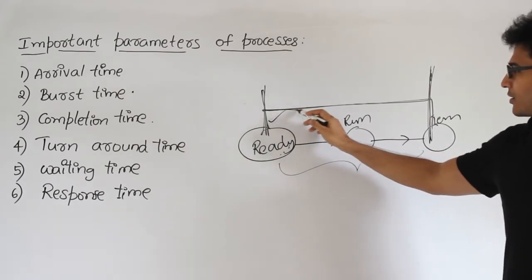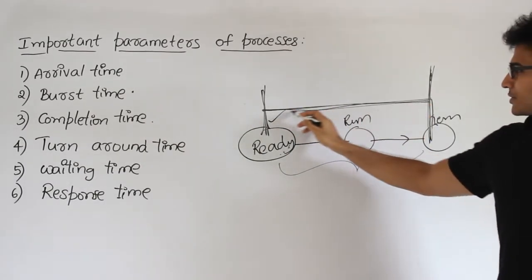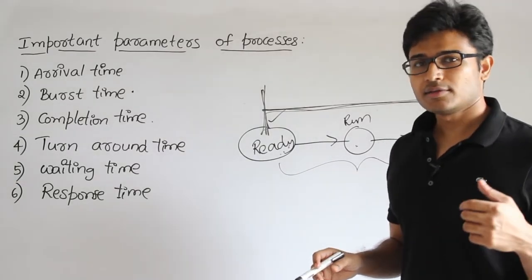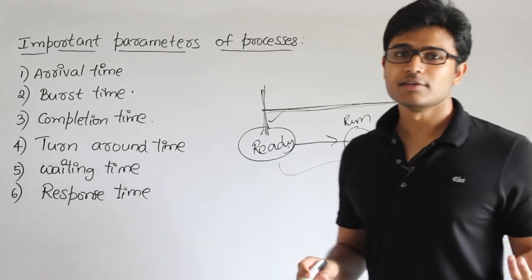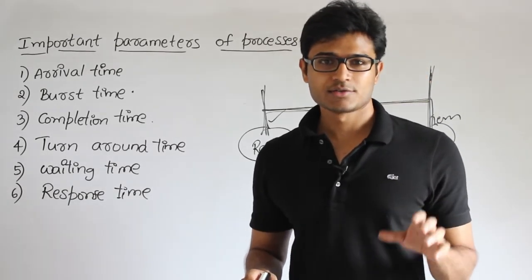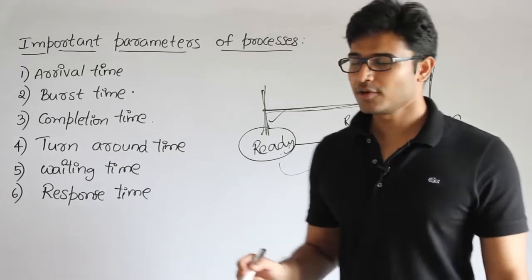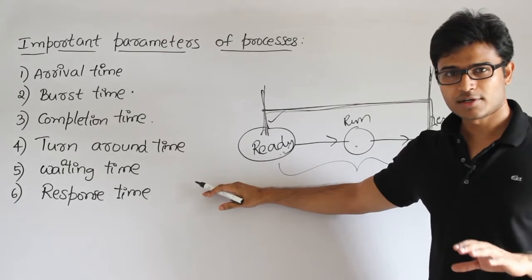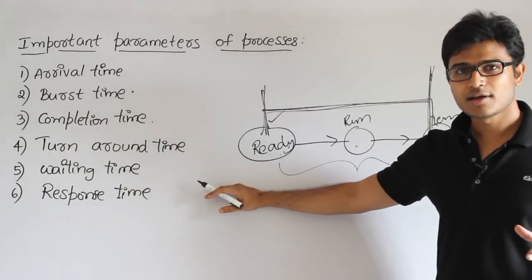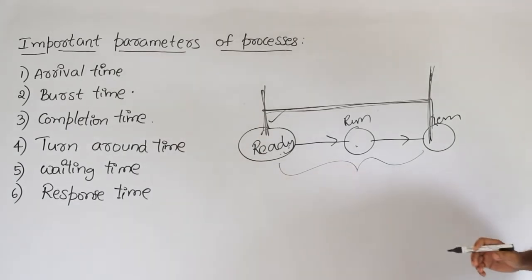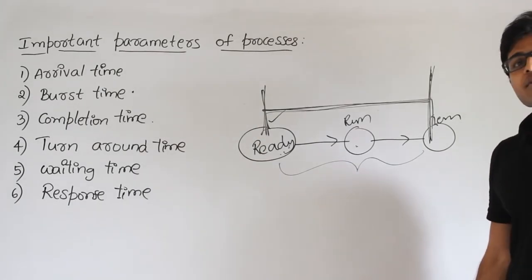Therefore the entire time can be classified into two types, assuming that we are not involving any IO here. Getting this IO time will complicate things. So now the assumption is that a process needs only the CPU time. Under that assumption, we are going to see all the problems. I'm not going to consider anywhere that a process might need IO time. Without IO time, there is no way it is going to be blocked, right?